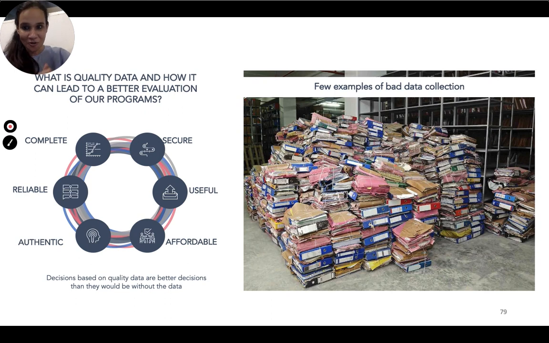So we need to ensure that our data is secure: it's on a survey, it's not going to get lost, and we can access it at any time. We have it in formats that are useful and that we can take decisions on. We have it in a way which is affordable and can ensure regular collection. It's authentic, and I'm going to show you a few ways to do that. It's reliable, we don't have too many errors and biases in the data collection, and it's complete. We have all the information we need.